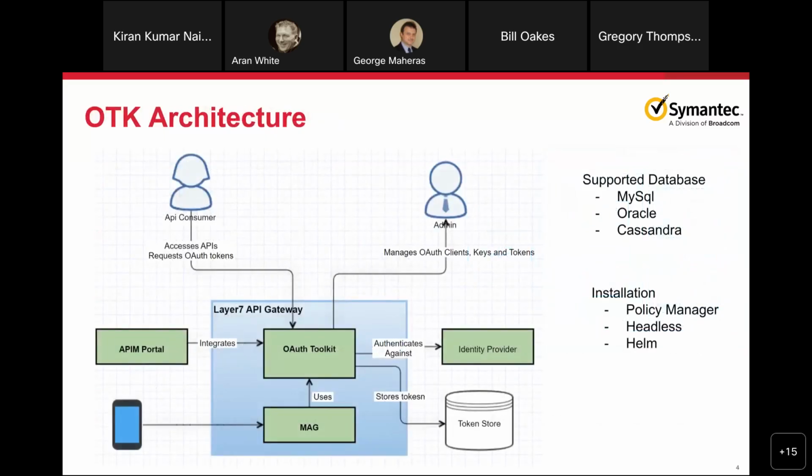Yeah. There are multiple ways in which the topology of OTK can be deployed. What we are looking at is the simple single instance deployment, where you have a gateway running and on top of it you have the OTK solution kit installed. And the primary integrations that are needed is